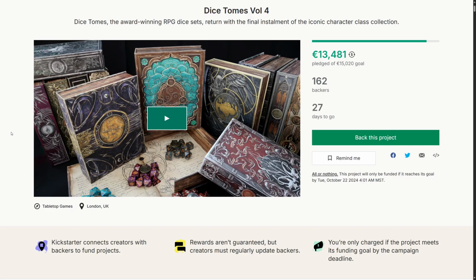What I love about these also is that when you open the book, it's like a dice tray also, and it looks like a book that your hero would have marked as well. They all have specific things like writing spells down or attacks. It's just legendary attention to detail across everything. It just looks absolutely